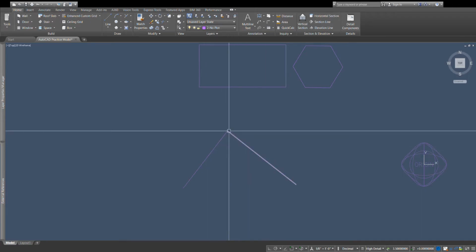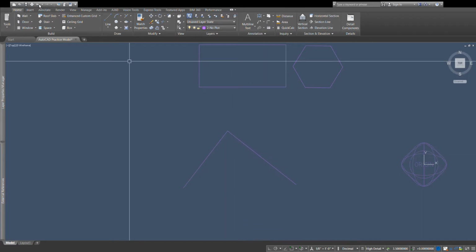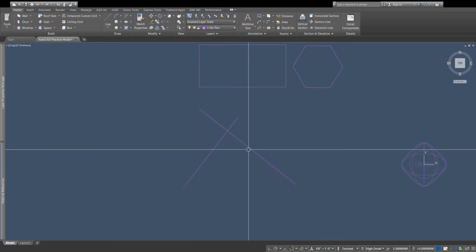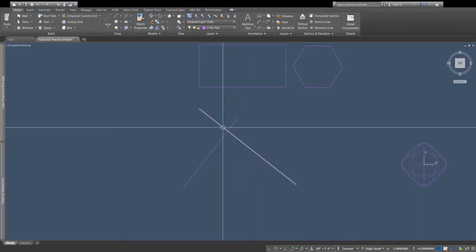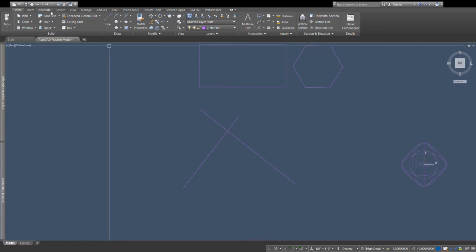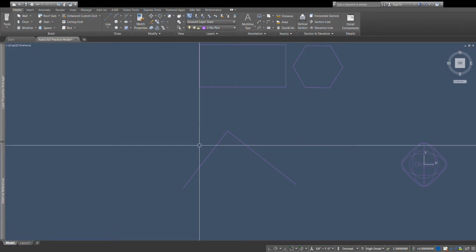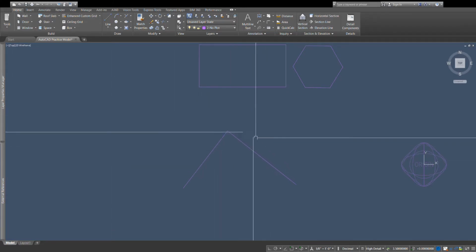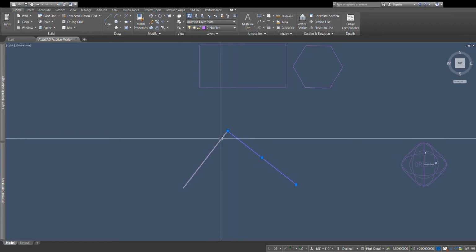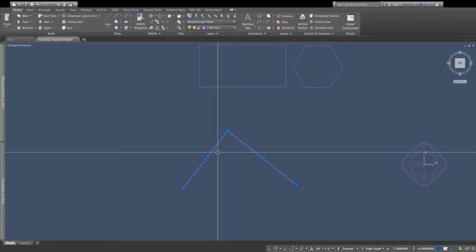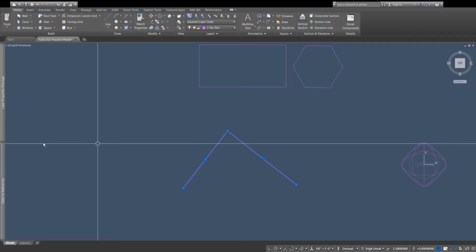Now these two lines are touching. Now they were touching beforehand. They were intersecting, but they were still intersecting at a point. But that point wasn't significant. Now it is significant. Now the points that they touch are their endpoints. So notice that when I select both of these lines,